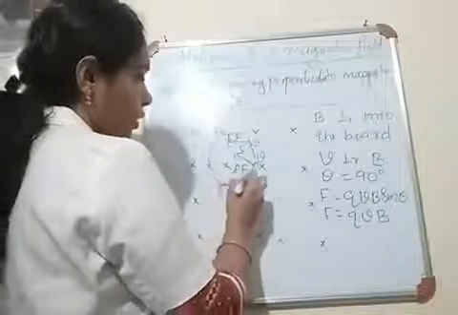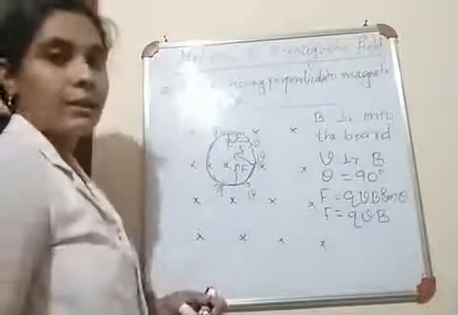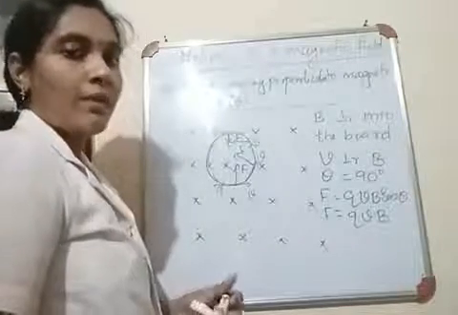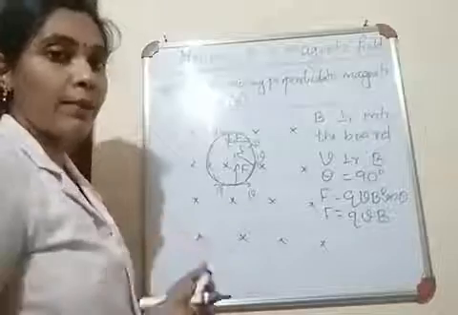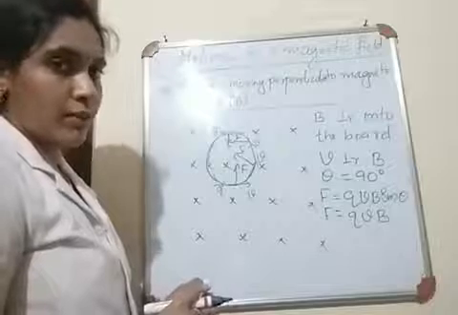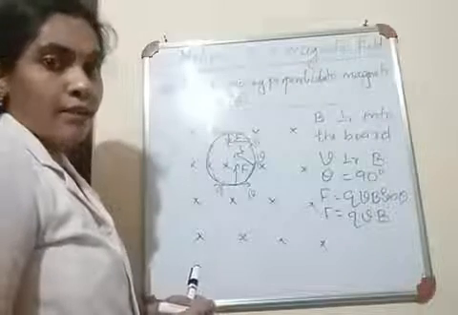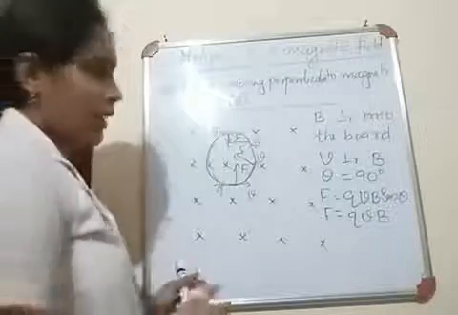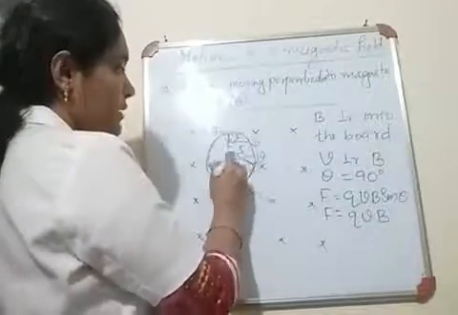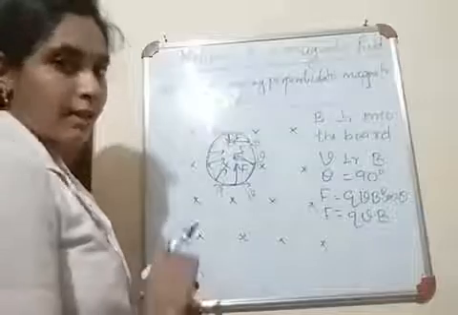And when you join all the path, you can see what the nature of the path is. Yes, it's a circular path. Whenever a charged particle enters perpendicular to a magnetic field, it will execute a circular motion. What is the path of the particle? It will be circular. If it is a circular motion, then there will be two forces. One force is the magnetic force, which is acting towards the center of the circle.